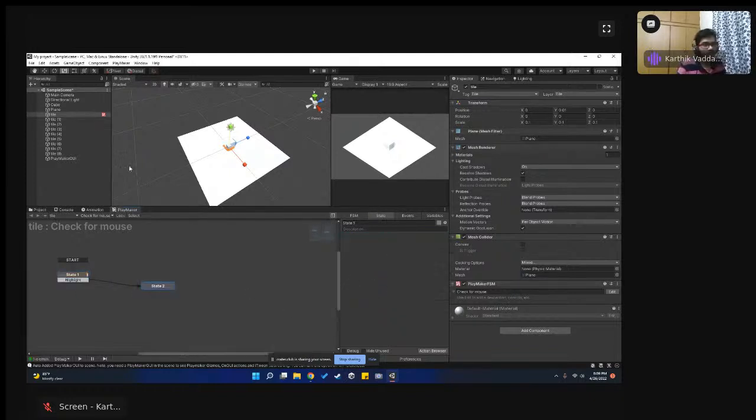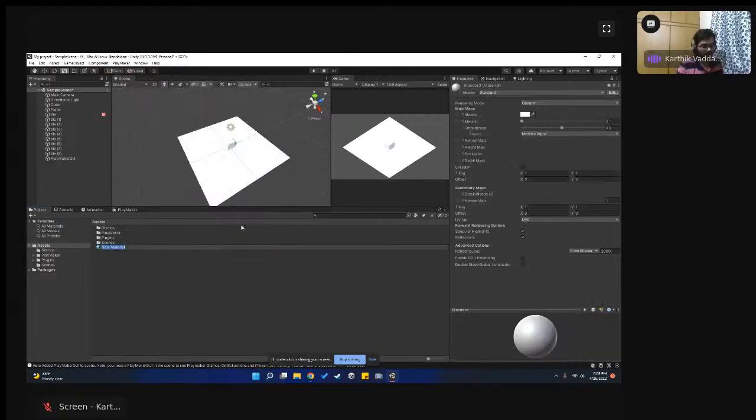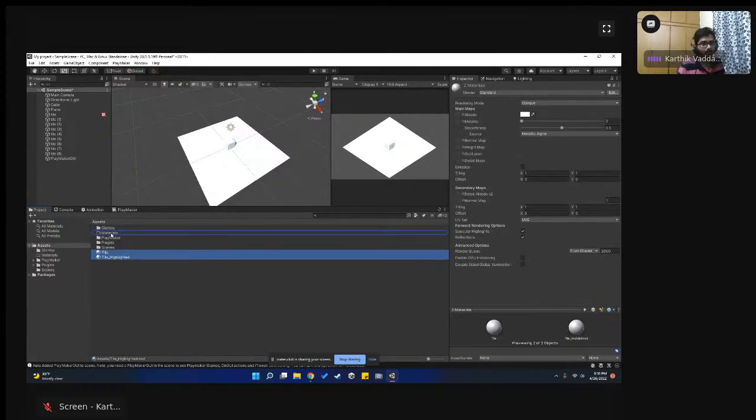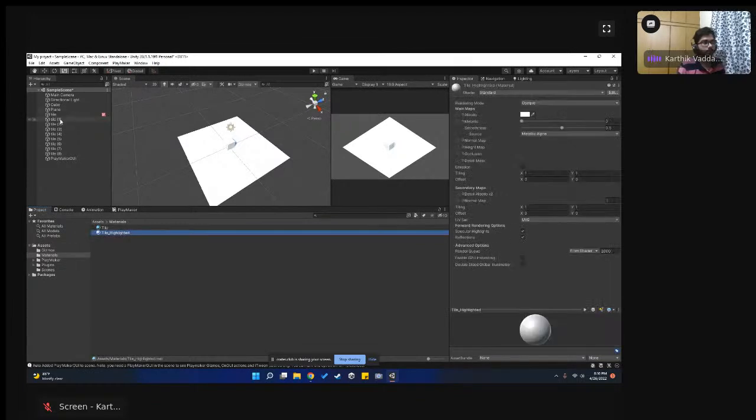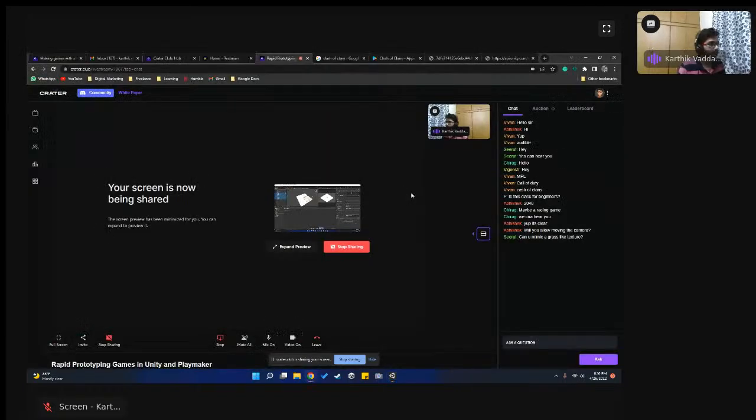And this will basically change my material. So I'll just add a material and call it tile and duplicate it and call it tile highlighted and put these in the materials. So I'll just quickly add. So if you want to add materials to,